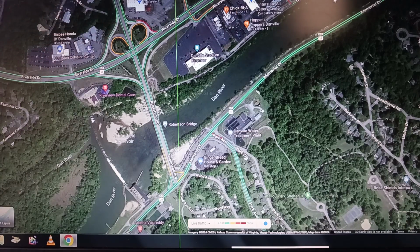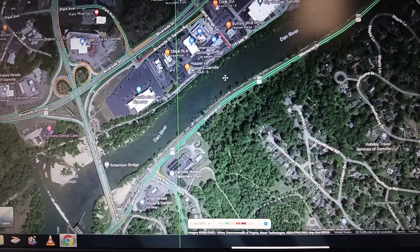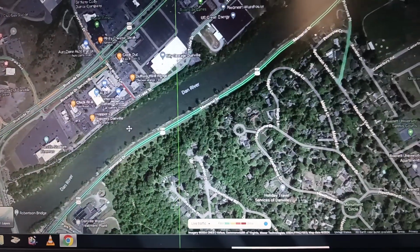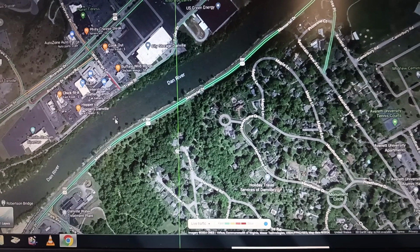Okay, let's see if I can move this thing without messing it up here. Keeping it in view. Alright, let's get on out of there. We go. Alright, we're going to go about halfway up. Now,